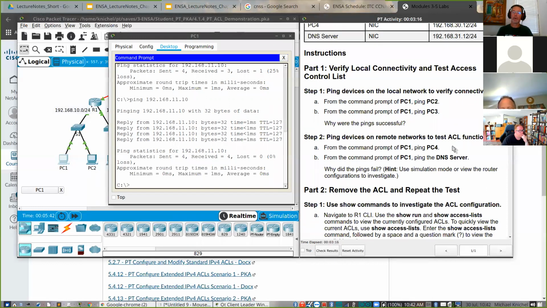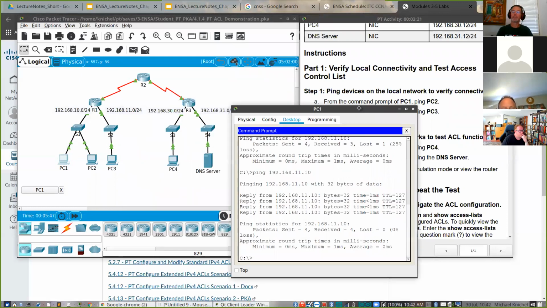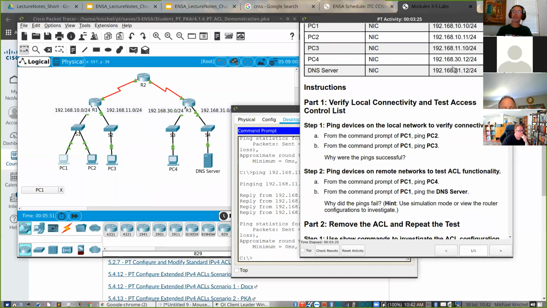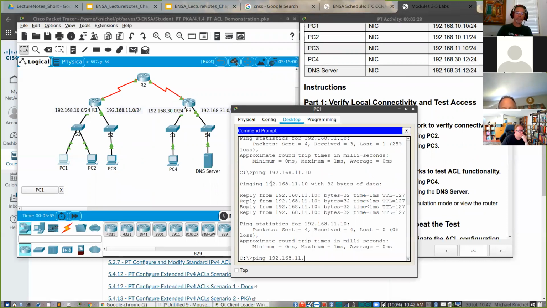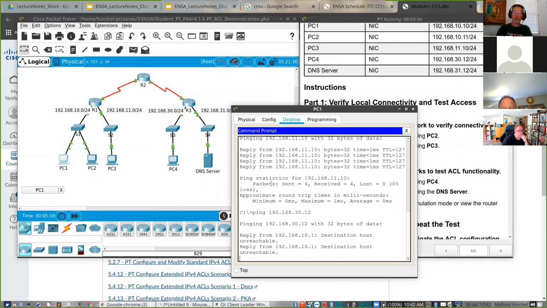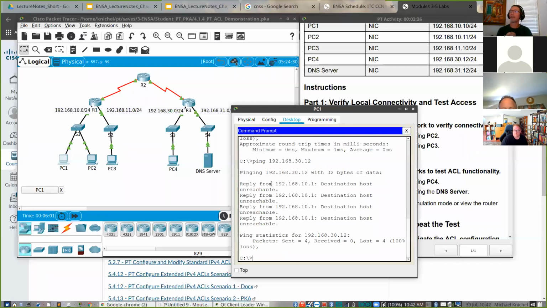Ping devices on remote. So from PC1, ping the PC4 and ping the DNS server. So we're talking about 30.12 and 31.12. So 30.12. Oh, look at that. We're not getting failures.